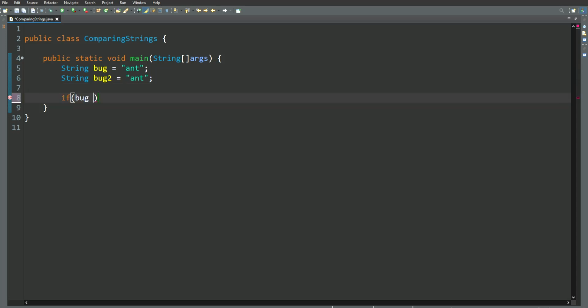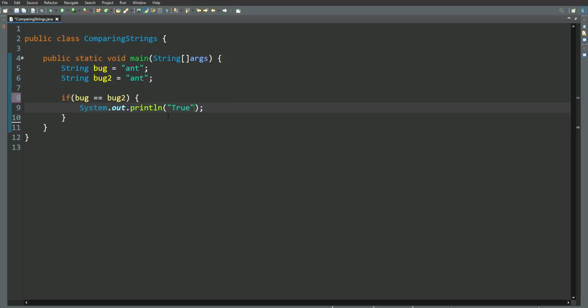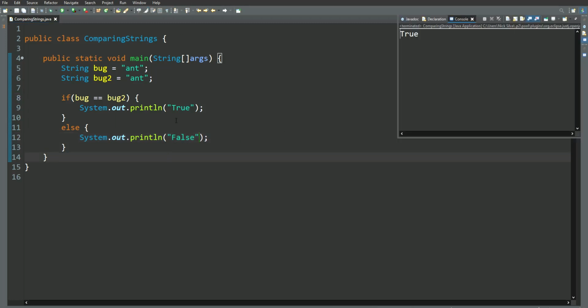If bug == bug2, I'm going to do curly brackets here, sysout, Control-Space, get the whole thing written out for you. We're going to print out true here, and then we're going to put an else here, and then if bug does not equal bug2, then we're going to System.out.println false instead here. So if we want to go ahead and run this, we're going to get true, and that is because bug